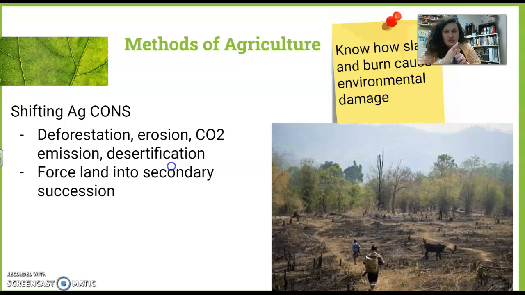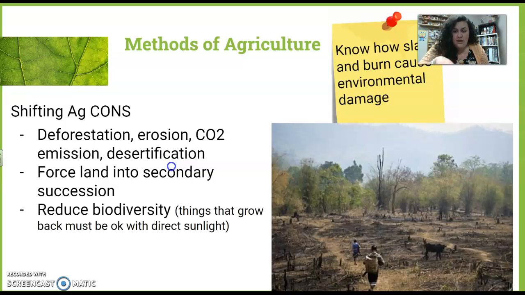You've got primary succession, which is basically how do you go from barren rock into a forest again. And secondary succession is not quite as bad. You have soil present, which means that it's a little easier for things to get started. However, it is going to be very difficult, and you're going to have a reduction in the biodiversity of the